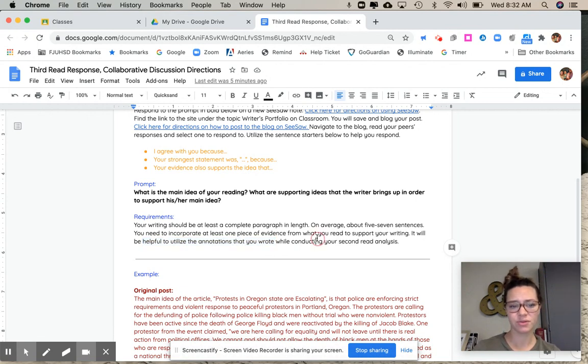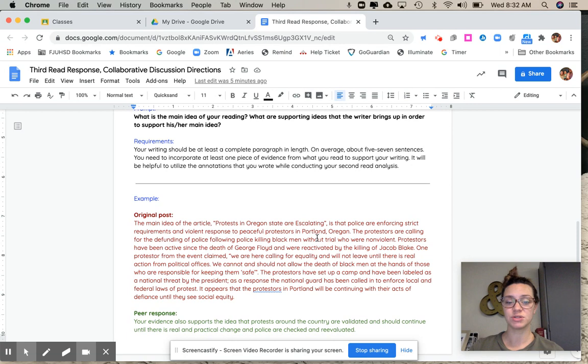So here's what your original post will look like when you open a note. So this is the thing that you're going to publish to the blog as soon as you save it. So for example, the main idea of the article, protests in Oregon State are escalating, is that police are enforcing strict requirements and violent response to peaceful protesters in Portland, Oregon. The protesters are calling for the defunding of police following police killing Black men without trial who are nonviolent. Protesters have been active since the death of George Floyd and were reactivated by the killing of Jacob Blake. One protester from the event claimed, and here's my evidence,